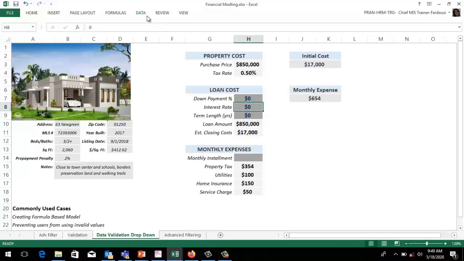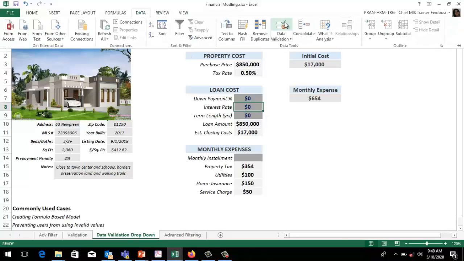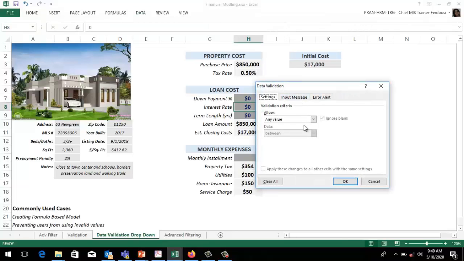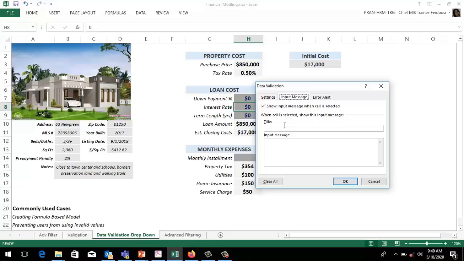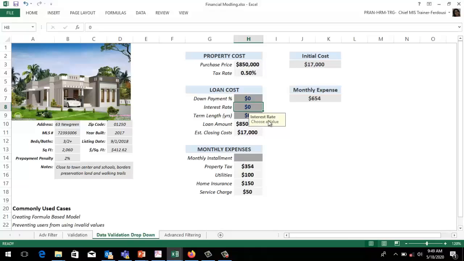Select this cell, choose data validation, choose input message, type the title, type the input message, and finally OK. See, this is the message. This is how we can create a message.